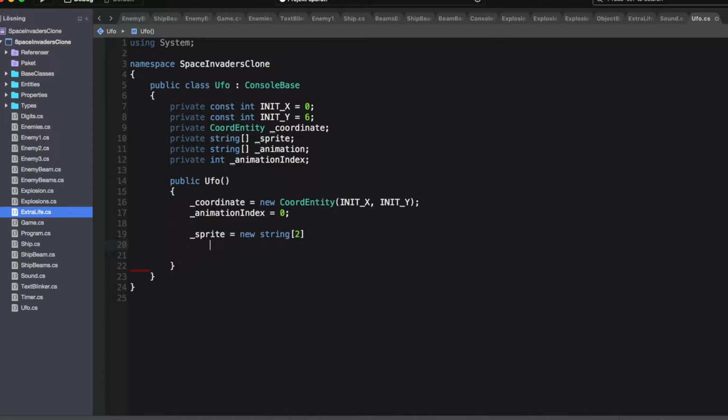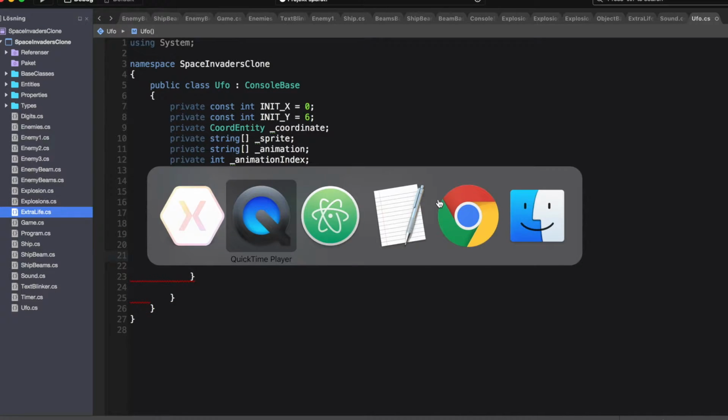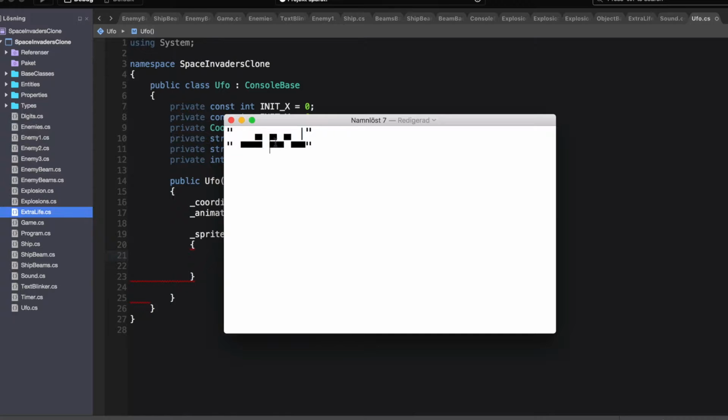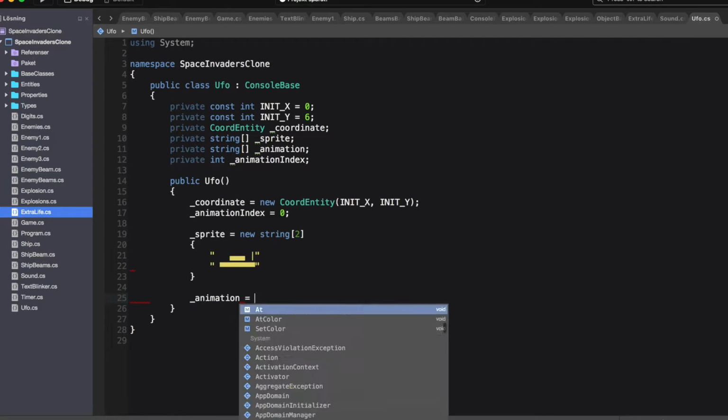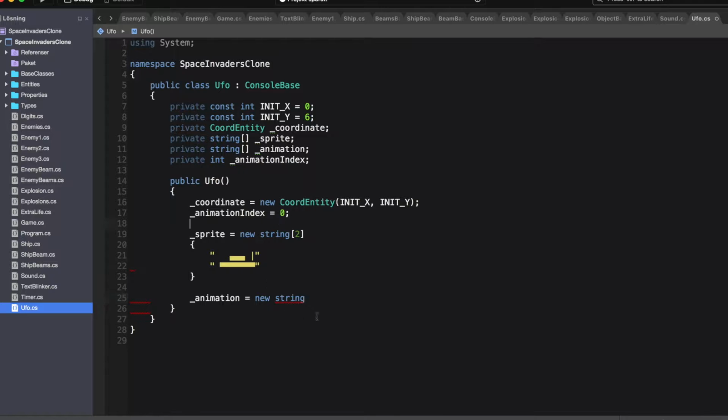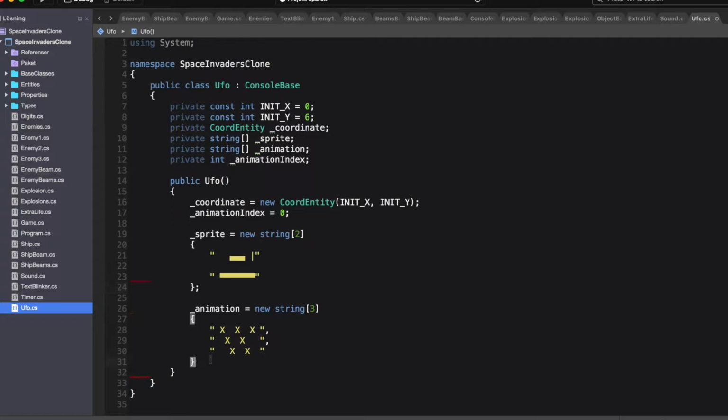And I will show you more in a little while. So in the constructor, here I created a ship out of ASCII characters again. A little UFO here. And then we add the animation array, which consists of just x's. The second row of the UFO will have this